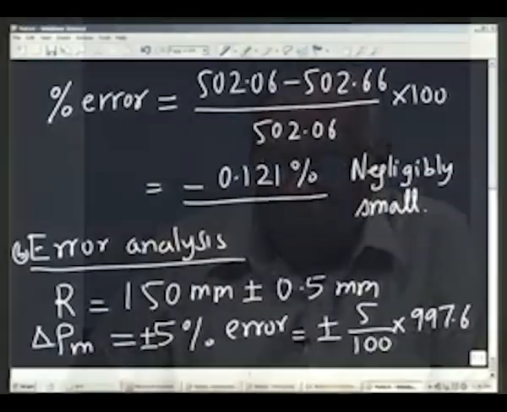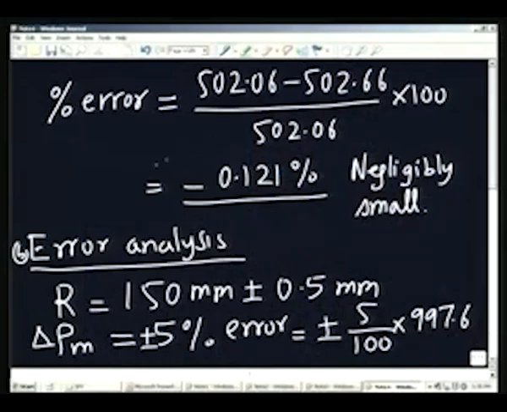In actual practice, the error may be much smaller than this. It is just to get an idea of how sensitive it is. I have just deliberately taken a large error. In practice, the error is going to be much smaller than this. So, the point is, we go back to the